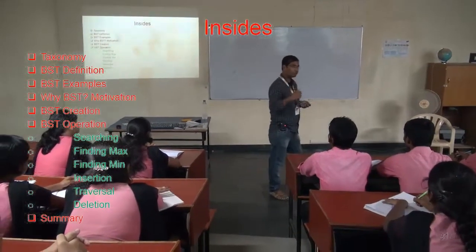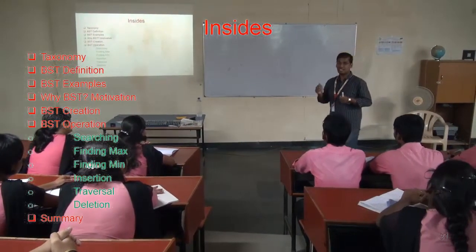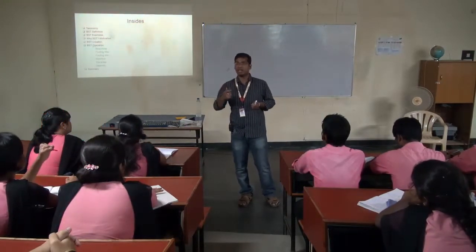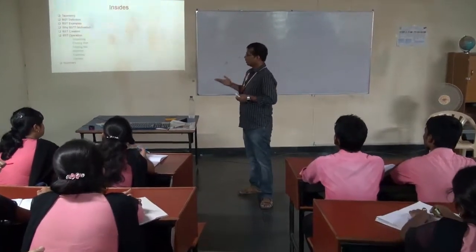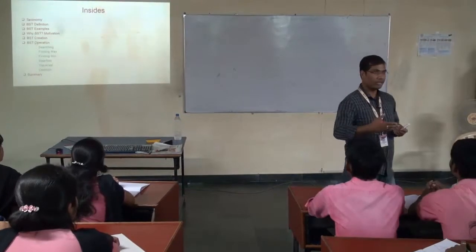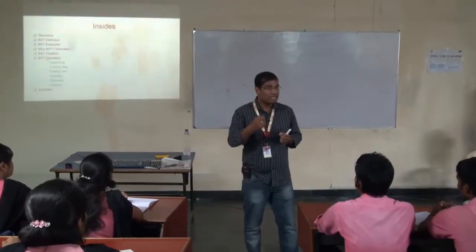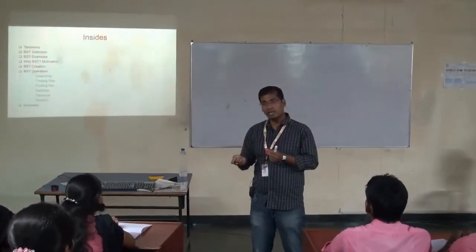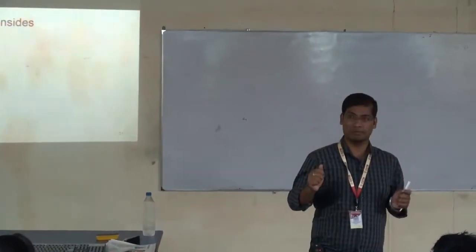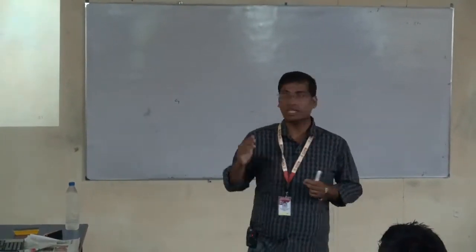If the elements are known to you, if the sequence is given to you, then how will you design a binary search tree? That is the construction of a BST. As you know, there are many operations we can do over a data structure. If an array is given, we can search the array, we can insert one element into the array, we can delete one element of the array. Similarly, if a binary search tree is given, then what are the operations we can do over that tree?